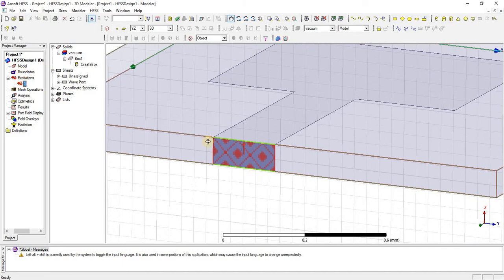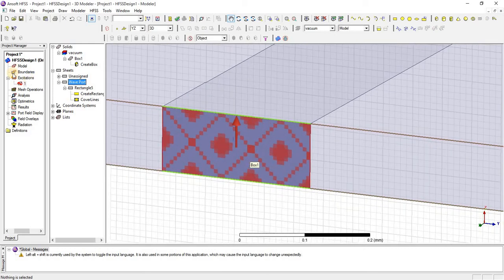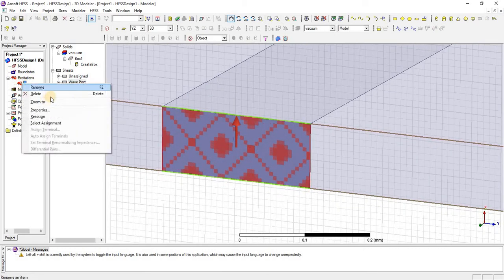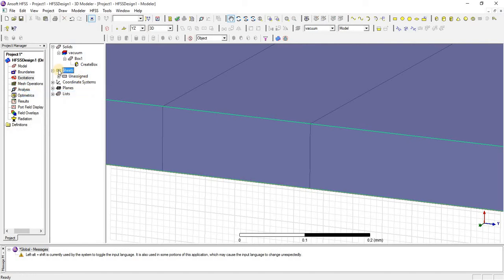From here you can see that the wave port has been assigned. You can also assign other ports as well.